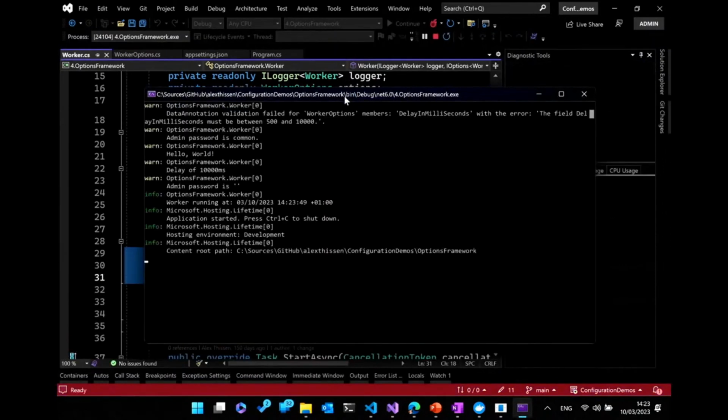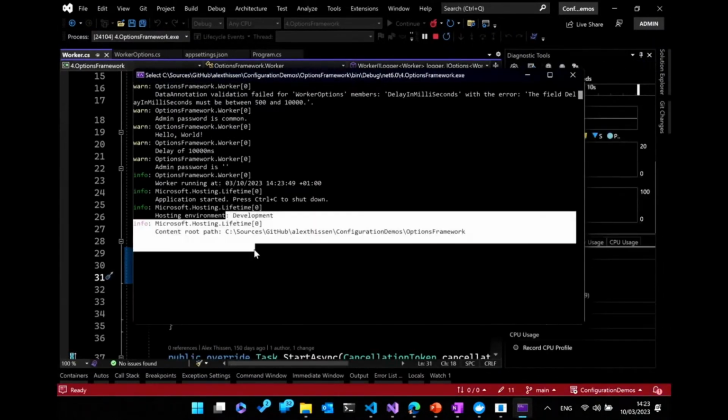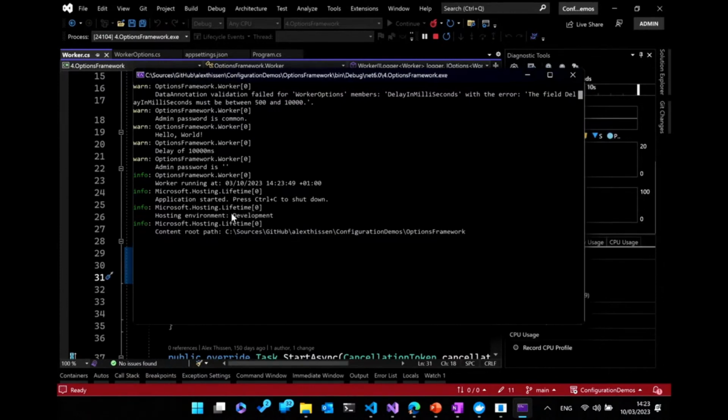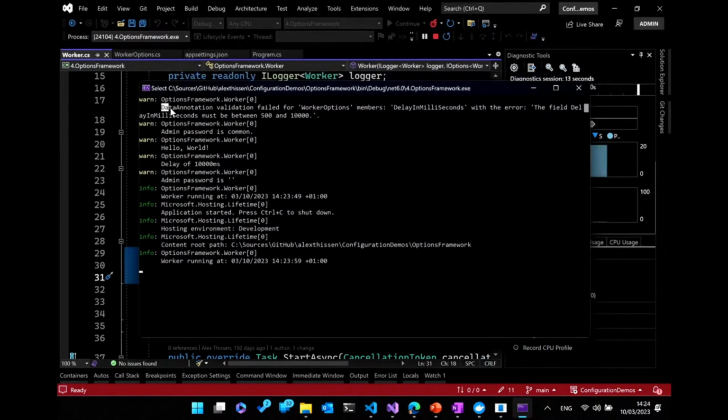So we start running. I'll just do this to stop it from going further. Let's see if I can zoom in a little bit. No, it doesn't work. All right, but I hope you can see that it says the validation failed because